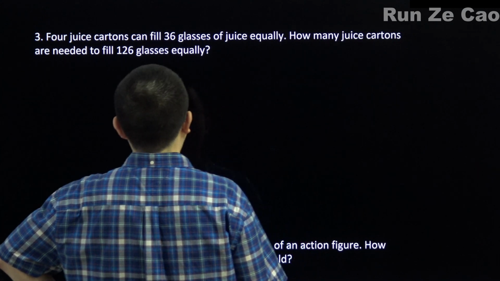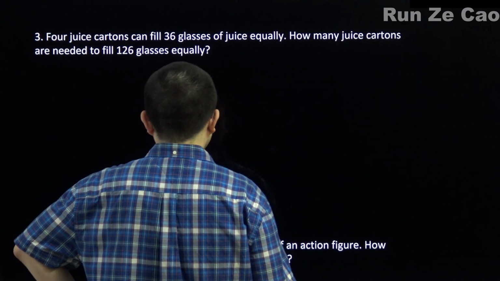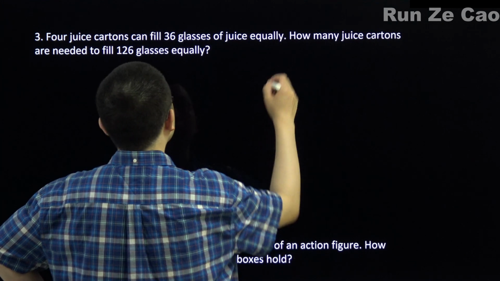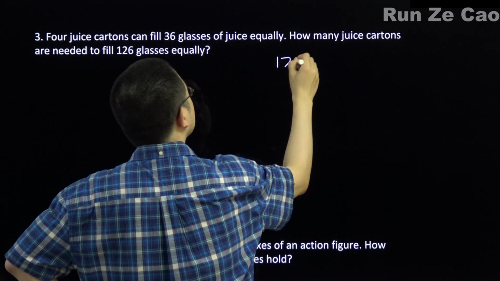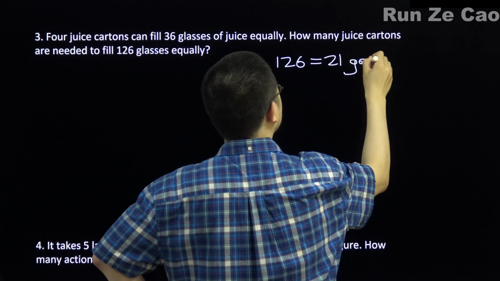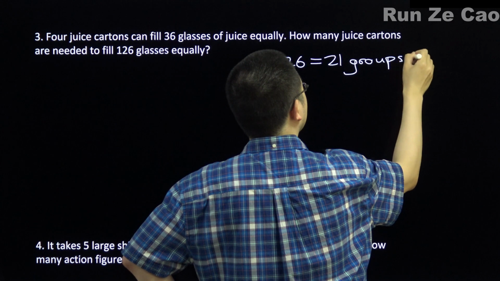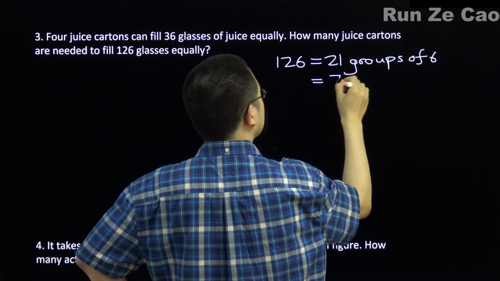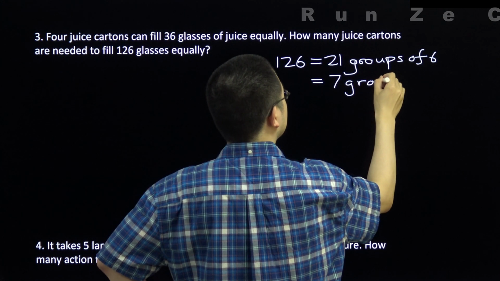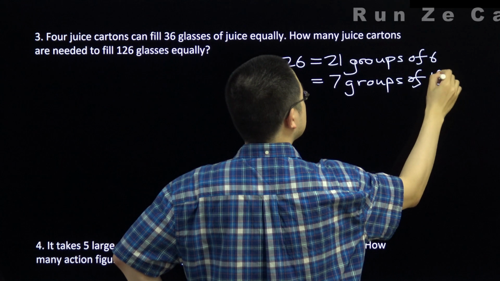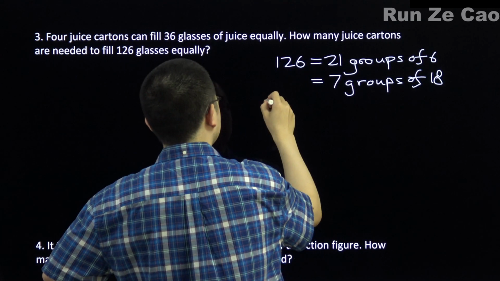It's 10.5 dozens, or 21 groups of 6. 126 is equal to 21 groups of 6, or 7 groups of 18, and 4